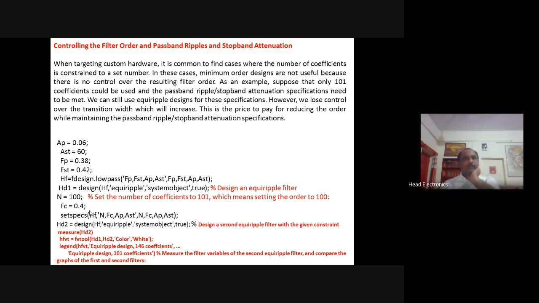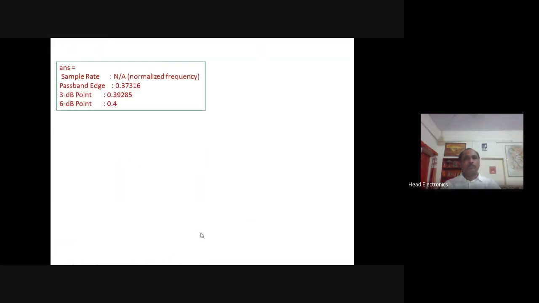The cutoff frequency fc is given as 0.4. Then we generate the transfer function Hd2, design a second equiripple filter with the given constraints, and represent these filters in the filter visualization tool.